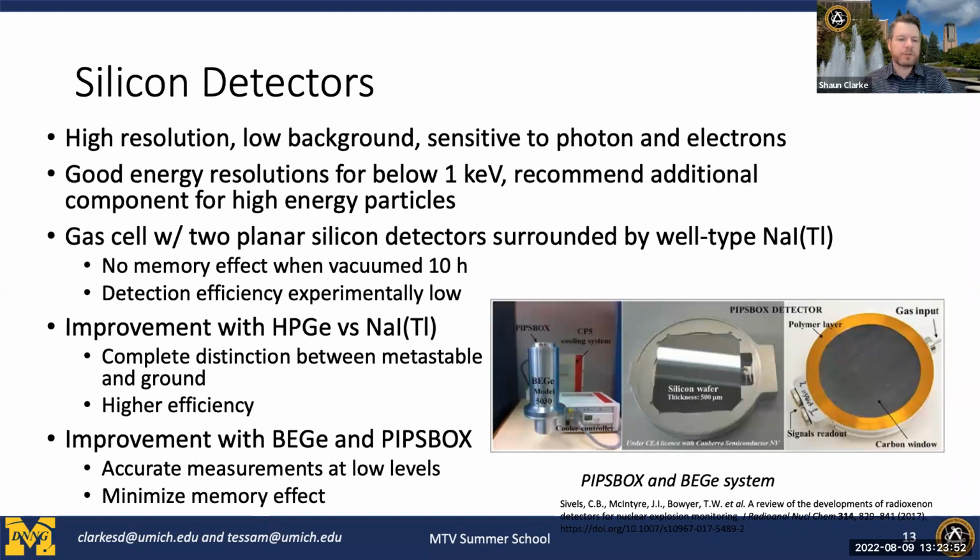The other option that folks have been investigating over the past several years are silicon-based detectors. Silicon-based detectors also have excellent resolution. The downside of silicon is the efficiency. So these are very thin silicon wafers that are sandwiched around a gas cell. And when we say gas cell, we mean the little piece of the detector that holds the actual air sample. And these planar silicons are surrounding the gas cell, and there's a sodium iodide around the outside,